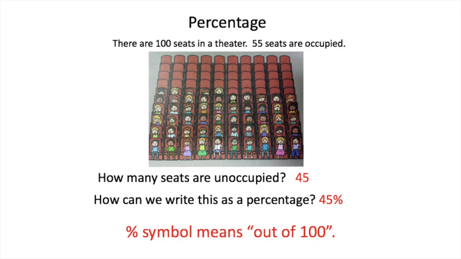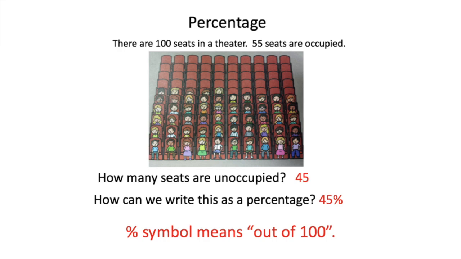Recently, we learned about percentage and what the percentage symbol literally means. We learned that the percentage symbol means out of 100, and we took a look at the following example. There are 100 seats in a theater, 55 seats are occupied. We then figured that the remaining seats, the 45 additional seats to make 100, are then unoccupied. We can give that as a percentage and say that 45% of the seats are unoccupied, or 45 out of